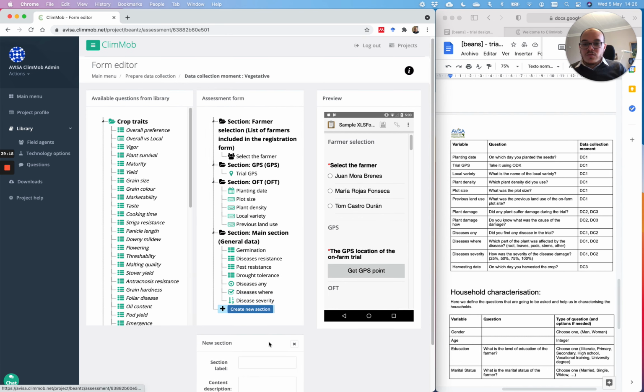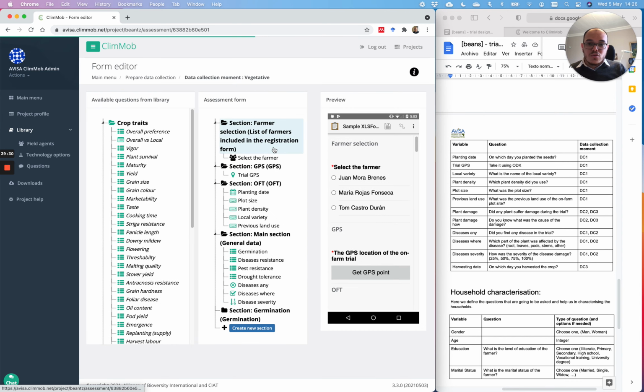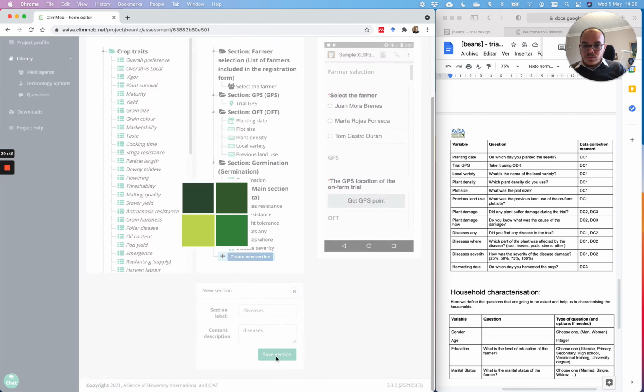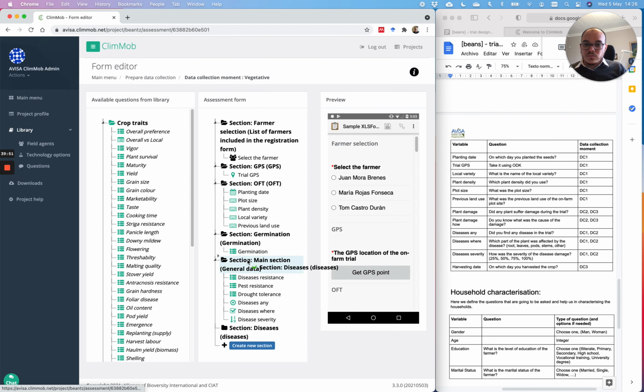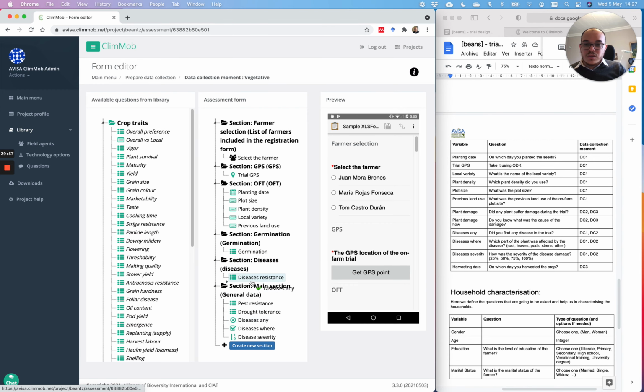So then I will create another one for the germination. I will basically create one for each of the traits, so it's much better to navigate in the survey. And remember that the survey I'm going to show is in the next video. So I will put germination here, and then I will use diseases, so diseases, and then diseases any, diseases